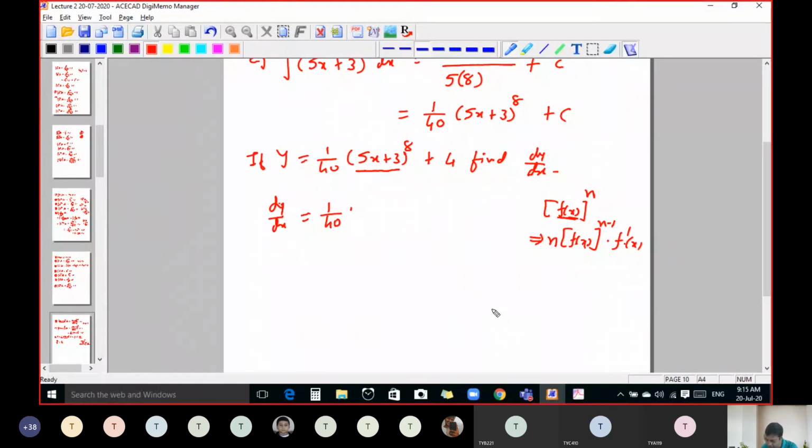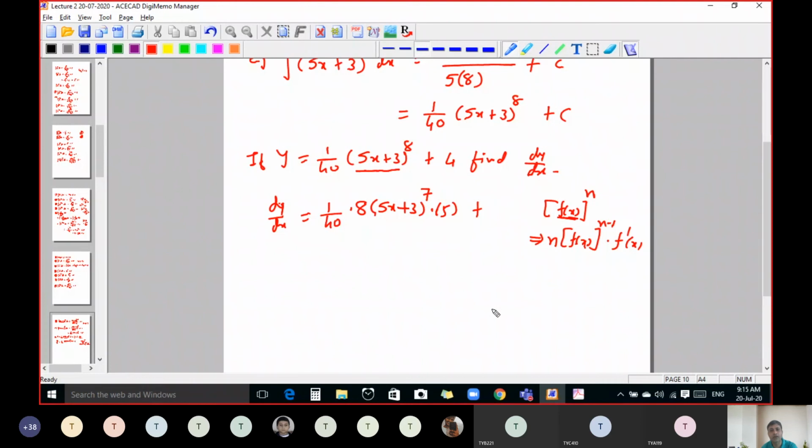Applying the same result here, it is 8 times 5x plus 3 raised to 8 minus 1, that is 7, into the derivative of 5x plus 3, that is 5,